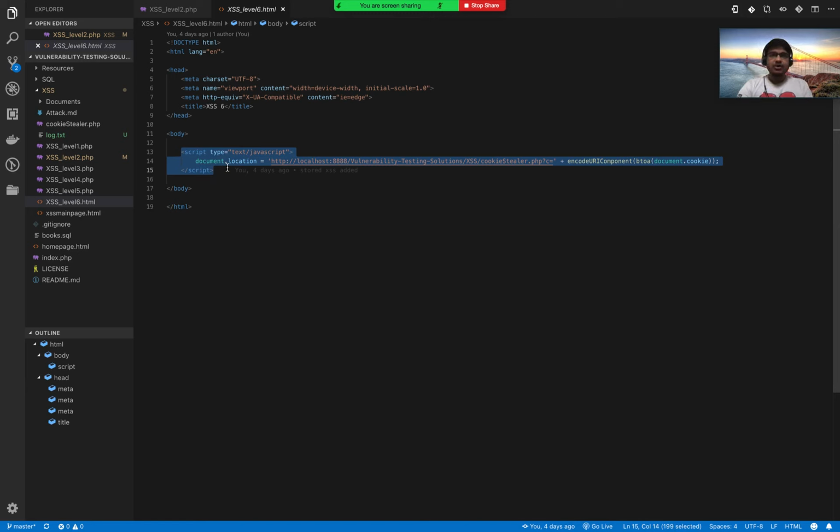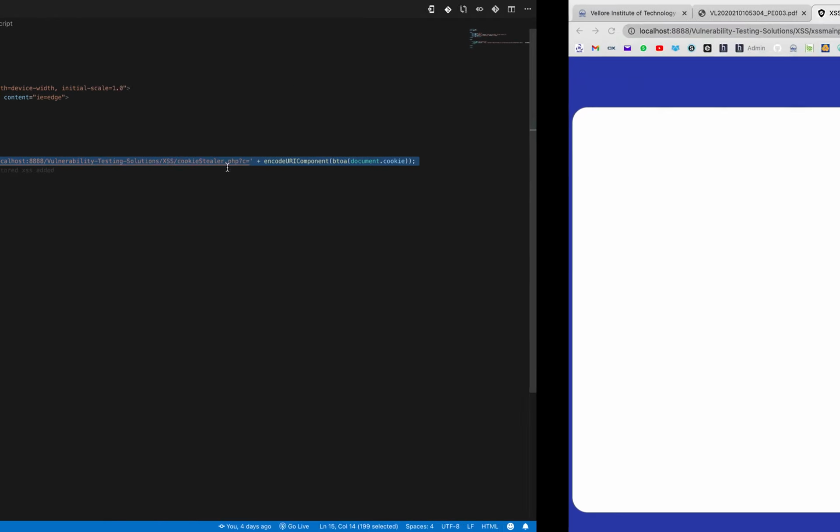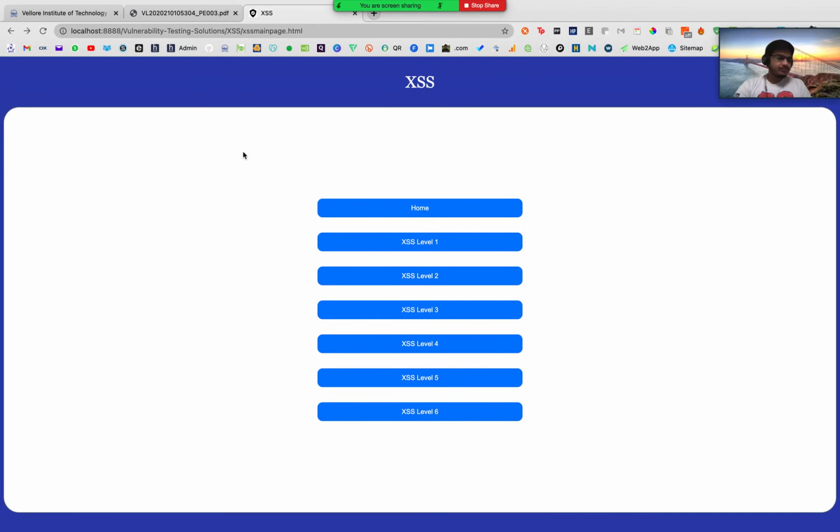Anyone can just inject something onto a database, and if someone else opens it, the database will return whatever I've put, say this cookie function. If that is written onto someone else's page, even that will be written onto my log.txt if that's on a server. So that is how stored XSS is performed.